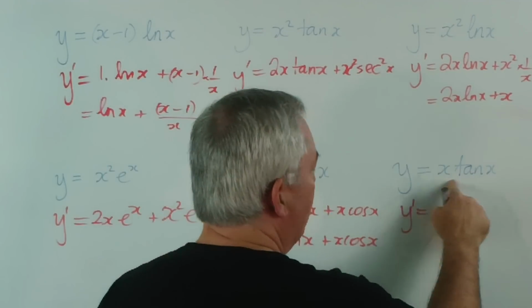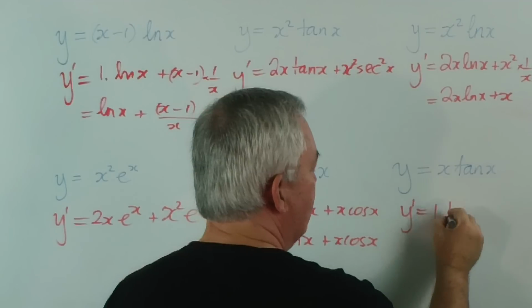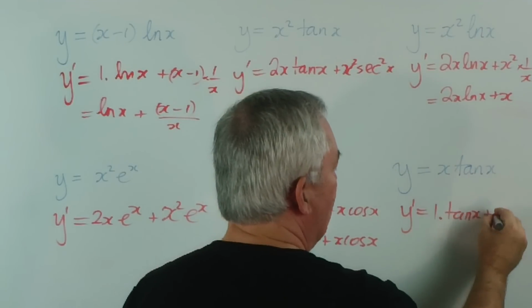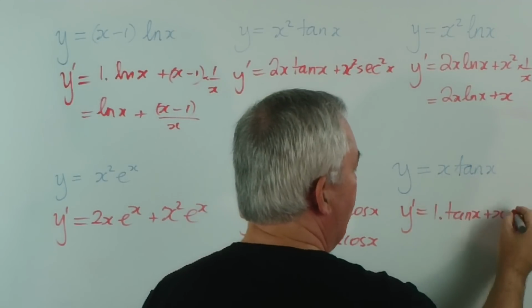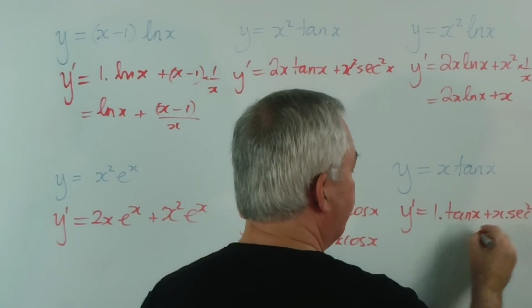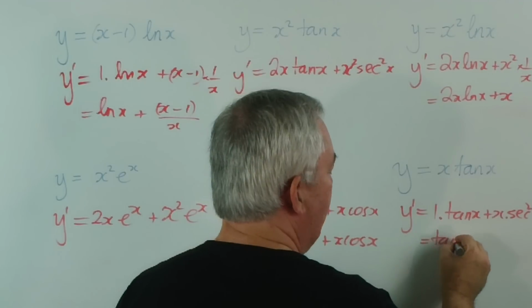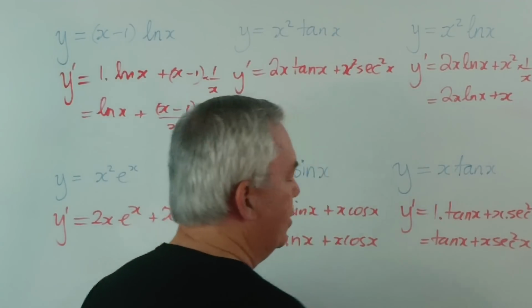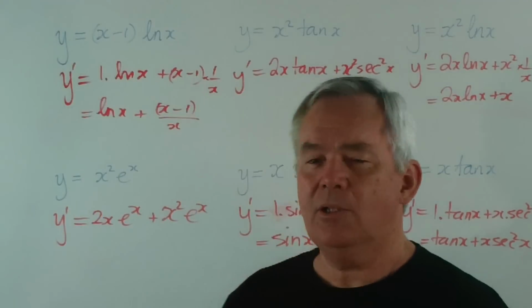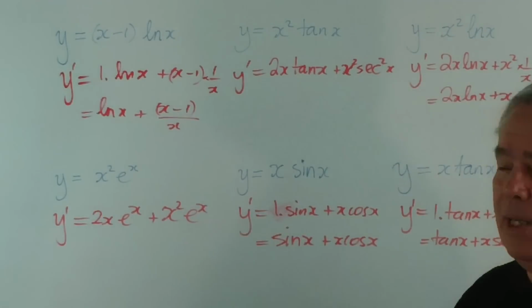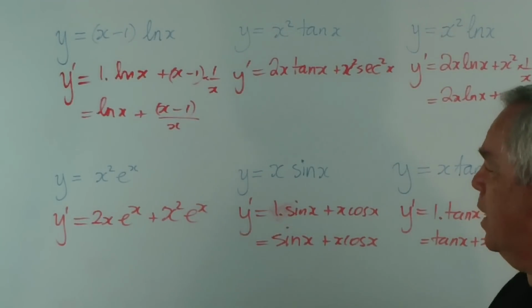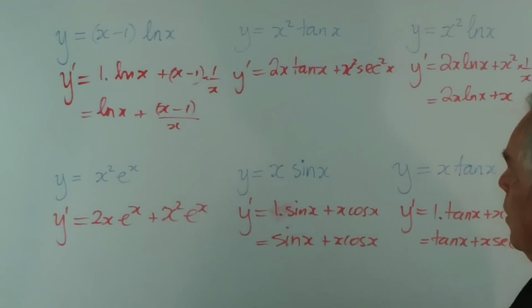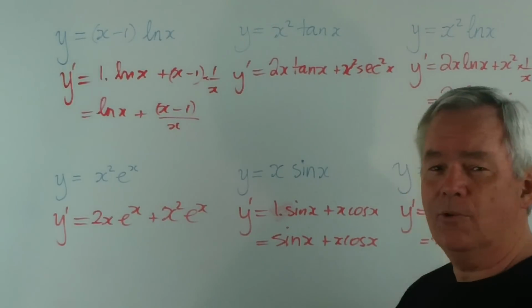This one here, the derivative of x is 1, so it's 1 times tan x plus x times the derivative of tan x is sec squared x, which is tan x plus x sec squared x. Now I suspect that took us about 2 minutes to complete the page. If I didn't have to talk, we'd probably reduce that to not much more than a minute for all 6